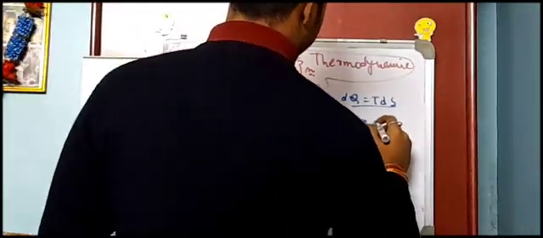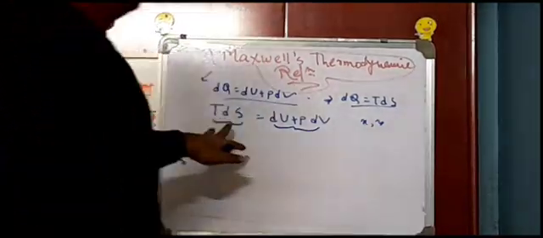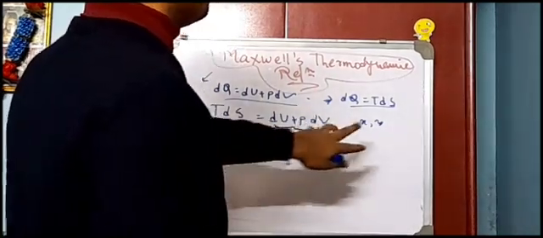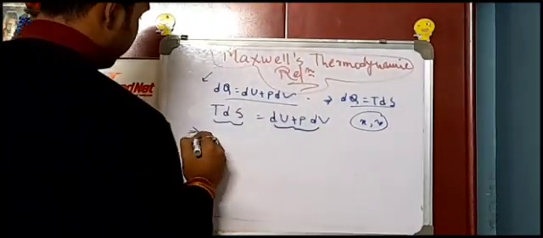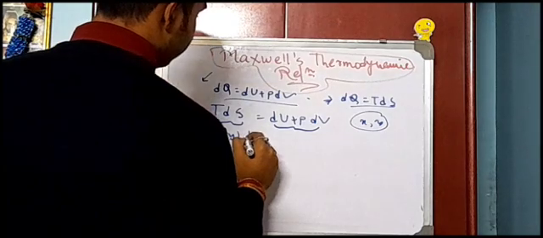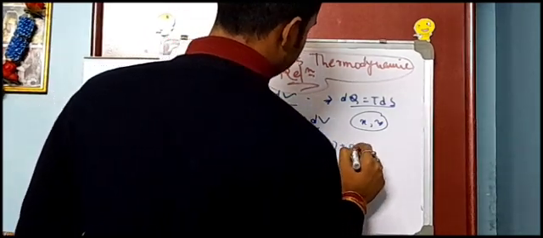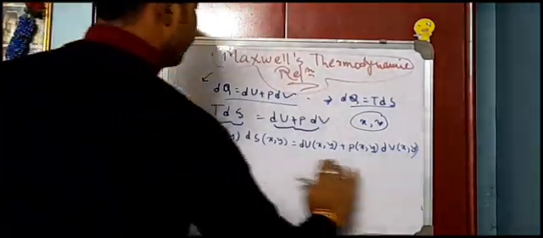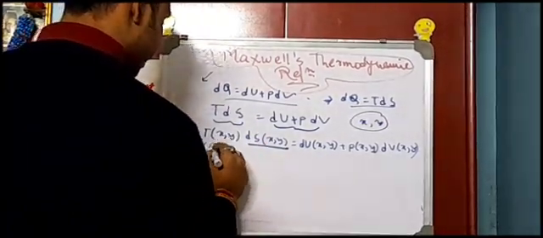Now we consider each of these variables dependent on two independent variables x and y. In other words, these thermodynamic parameters depend on two independent variables x and y, that is, they are functions of x and y. So we can write T as a function of x, y, ds as a function of x, y, du as a function of x, y, p as a function of x, y, dv as a function of x, y. So if we break this equation we get T ds, from ds we get del s,